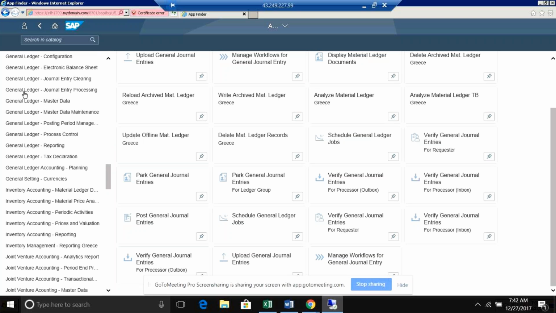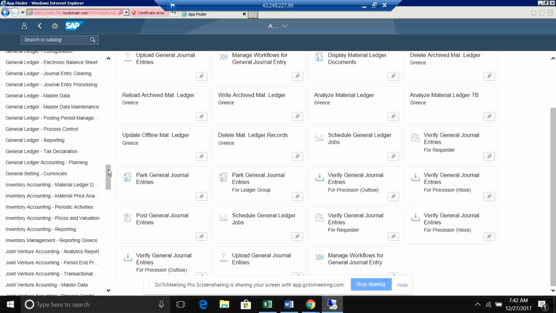From here you can see the general ledger entry clearing, general ledger entry processing, master data maintenance, process control, reporting, tax declaration, general ledger setting currencies. Anyway, from a configuration point of view, it is not working on the on-premise version. Guided configuration is given only on cloud versions. On on-premise versions, we use SPRO for the configuration.